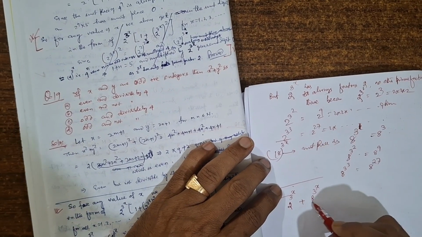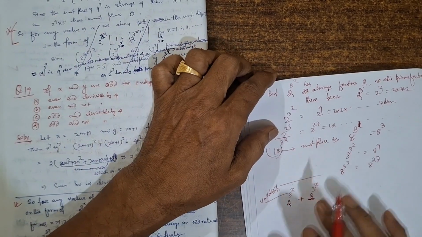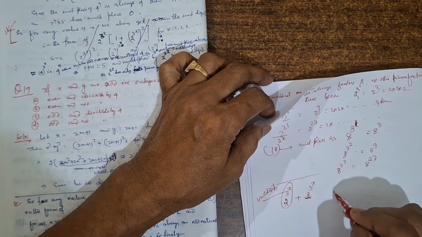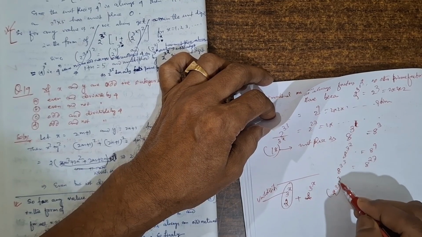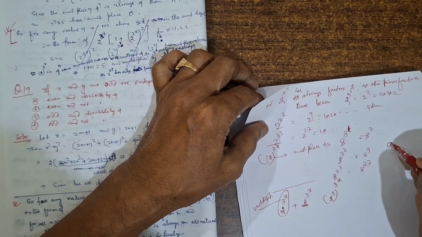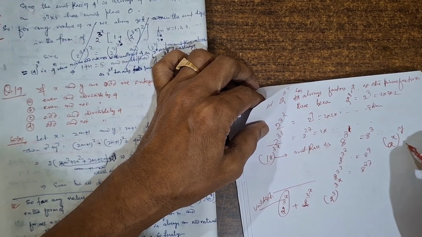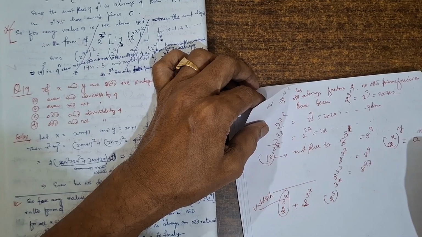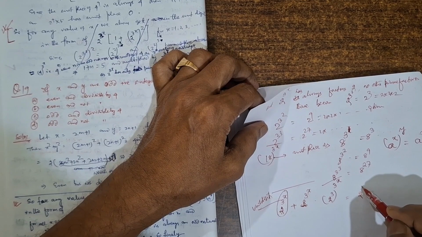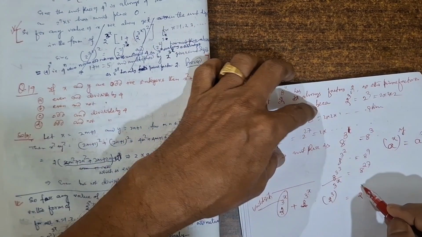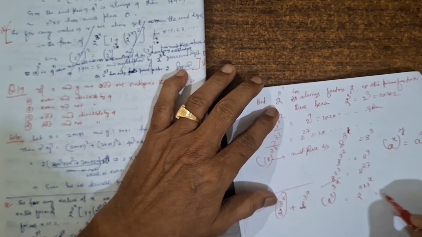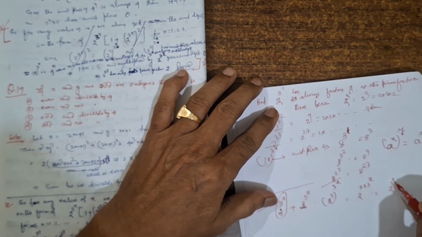Now this 8 to the power 3x can be written as, it is okay, no problem, this 8 is 2 cube, to the power 3x. I have told you earlier that (a to the power x) to the power y is equal to a to the power x into y. This can be written as 2 to the power 3 into 3 to the power x. This can also be written 2 to the power 3 to the power x into,